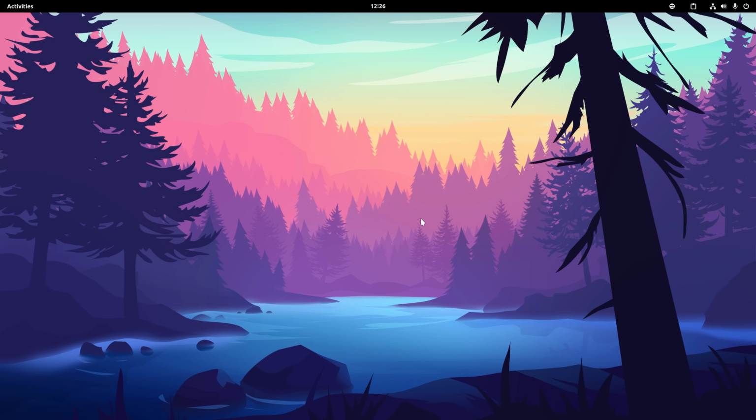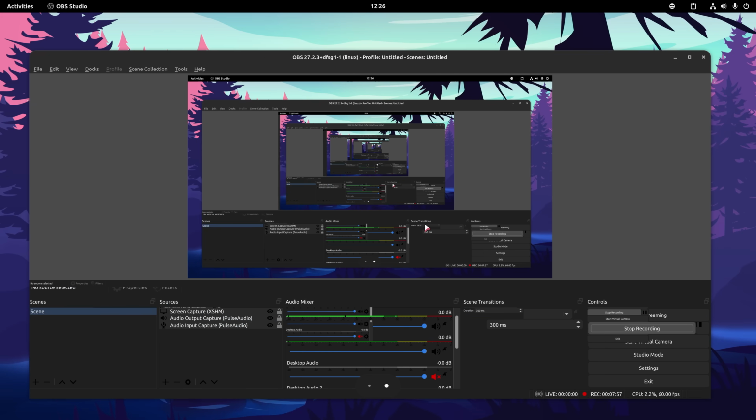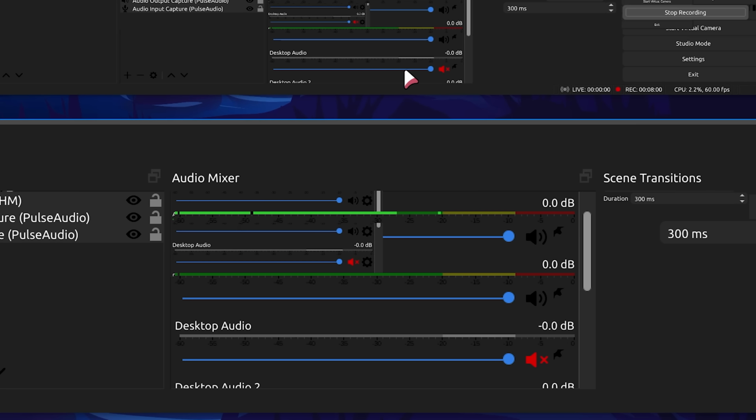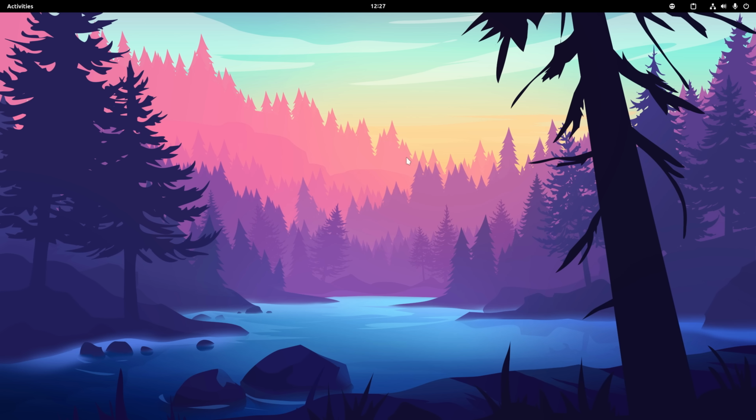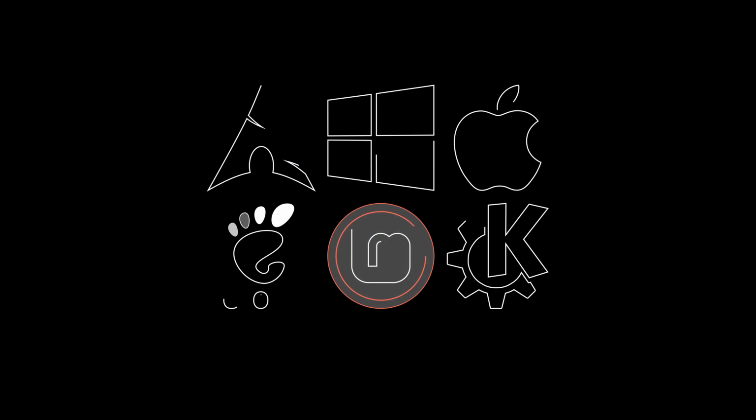And of course, there were things that usually don't happen on Windows, like my recording freezing, or some weird audio settings, or interface bugs like here. What the hell is this? What is that? Those disappeared. So now out of all of the operating systems that I tried, my favorite one definitely is